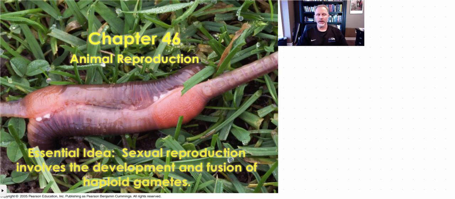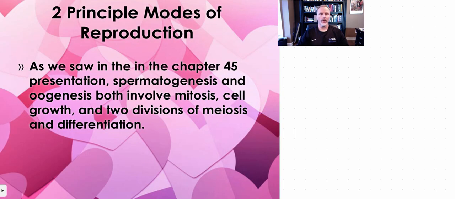Okay, this talks about Chapter 46, Animal Reproduction, and some of it's going to be new to you and some of it's going to be a review. But the main idea really is that sexual reproduction involves the development and fusion of the haploid gametes, okay? So the two principal modes of reproduction are really internal and external fertilization, but aside from those, we have oogenesis